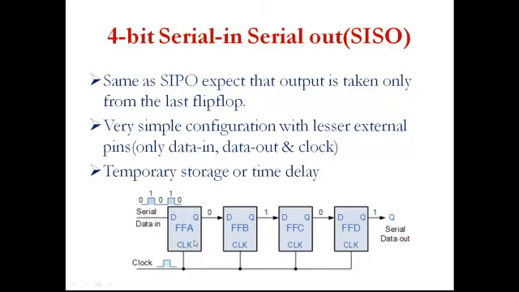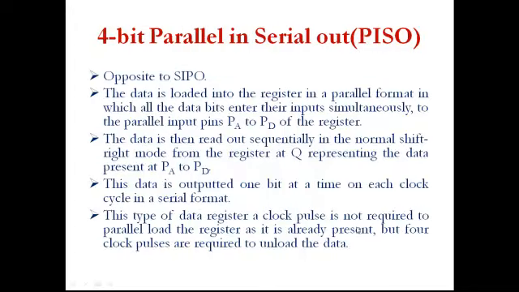It's a shift left register. Now what you are having in this diagram is a right shift register. You are starting from the leftmost point and traveling through to the right. You can see every flip-flop output is connected to the input of the next flip-flop. For the first clock pulse you are giving the input to the D, whereas only in the fourth clock pulse can you take the output. Okay.